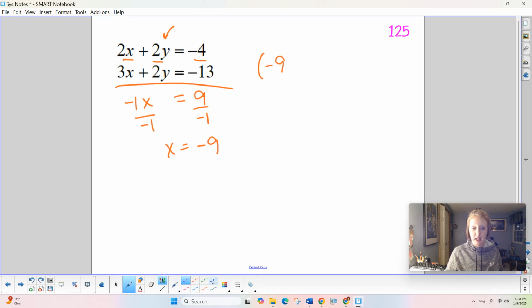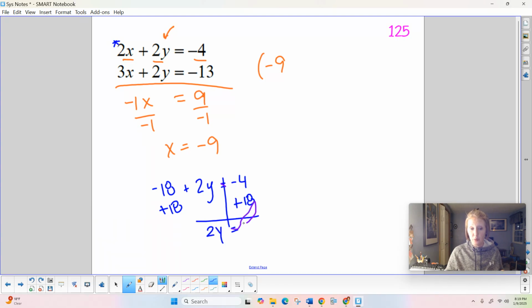X is negative 9. Now I'm going to take that answer and plug it back into one of these equations, and I'm going to go with this top equation. So 2 times negative 9 is negative 18, plus 2y equals negative 4. Now I'm going to undo this minus 18 by adding 18 to both sides. And then I just keep balancing that problem. 2y then equals 14, sorry about the purple line, divide both sides by 2, and I get y equals 7